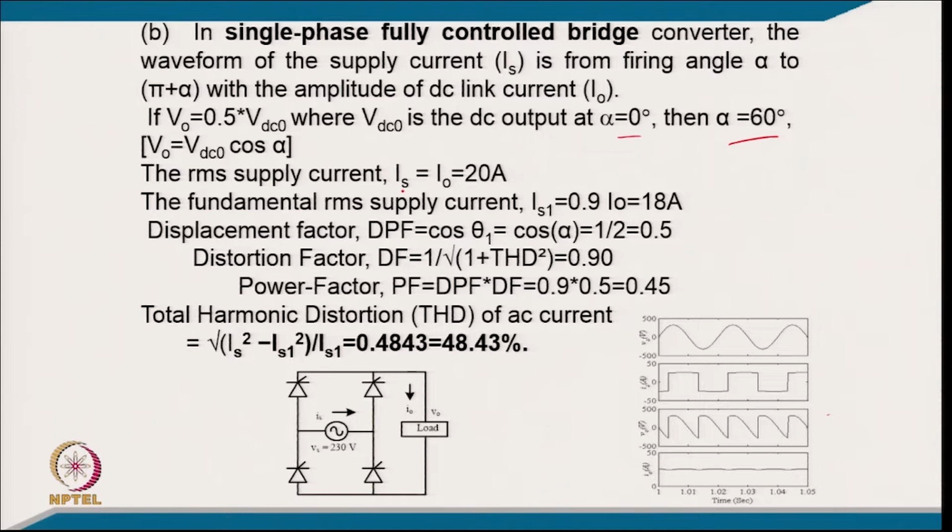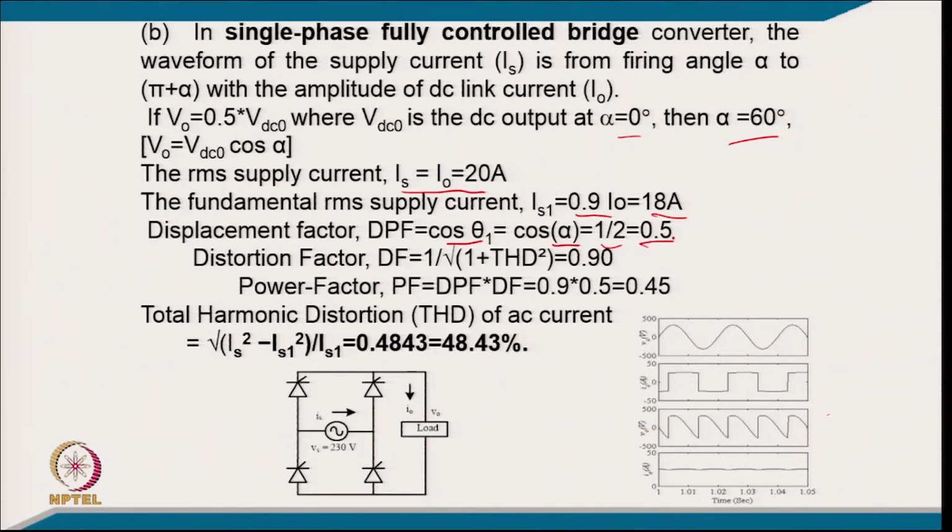So, we can find out typically the square wave RMS will be the same as the output load current, that is 20 ampere, and the fundamental supply current will be 2 root 2 upon pi, that is 0.9 into I0, typically 20 into 0.9, 18 ampere, and displacement factor is cos theta 1, that comes to cos alpha in case of fully controlled converter, that is typically cos 60, here it comes like half,